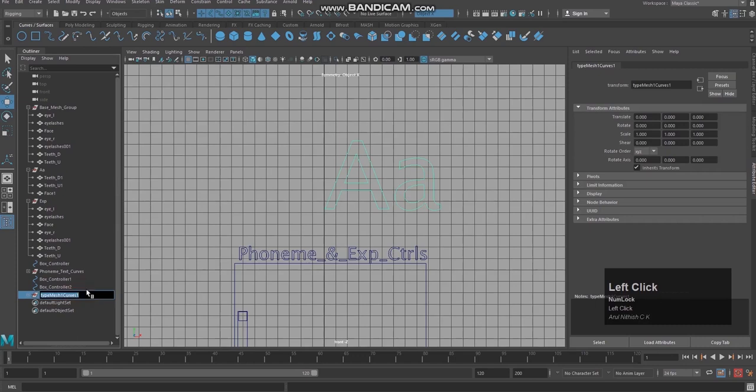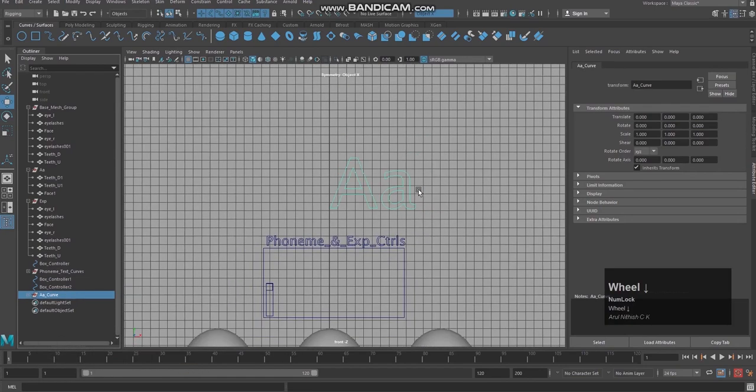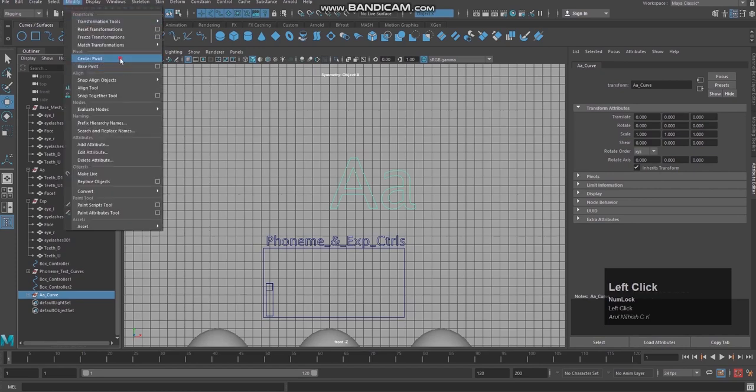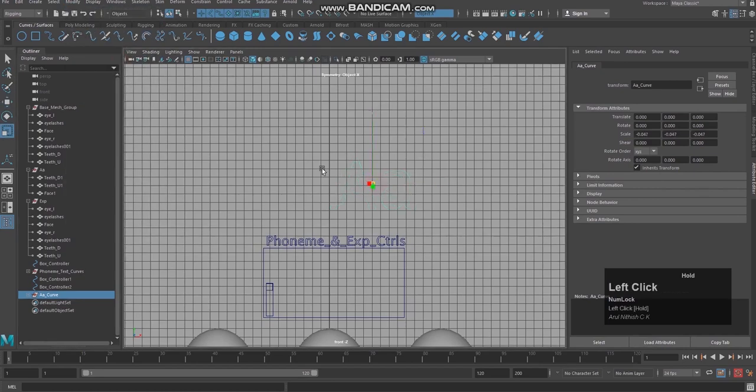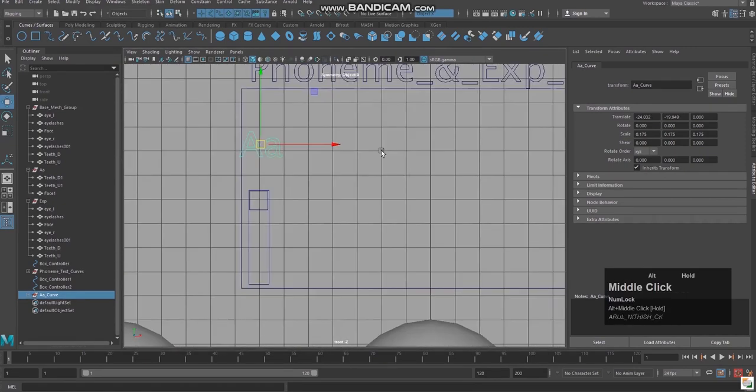Okay, change the name, a curve, then modify, center pivot, reduce the size, bring it and keep on top here. Okay,